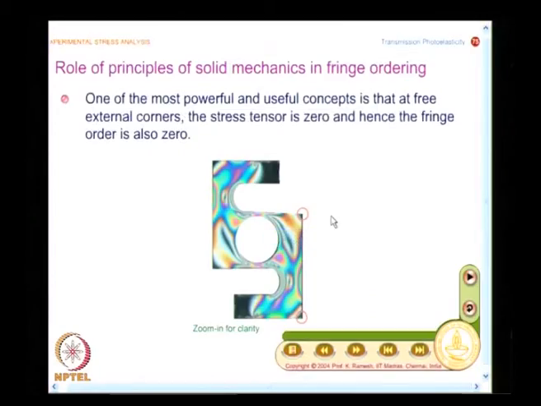And let me ask one more question. You had also seen, a long time back, fringe order in the case of a plate with a crack. You had seen color fringes. You go back and see your notes, where was the 0th fringe order? I have a tension strip, I have a crack, and I have loaded it, because when you learn some of these concepts, you only see what you want to see. I have not asked you to look at certain features in those classes.